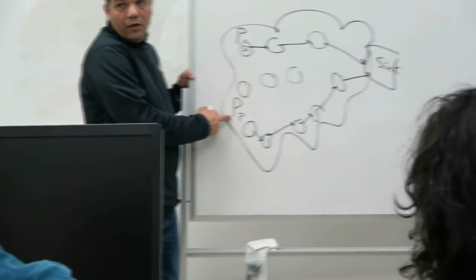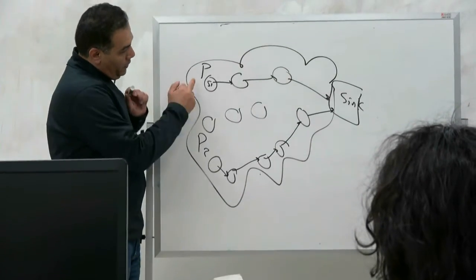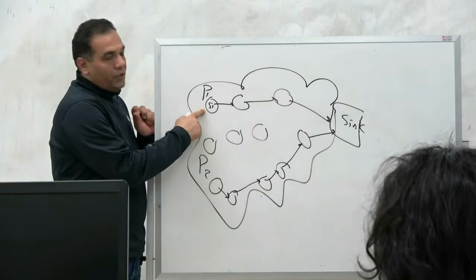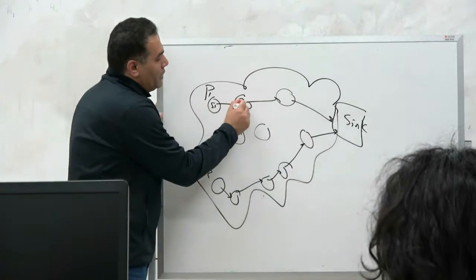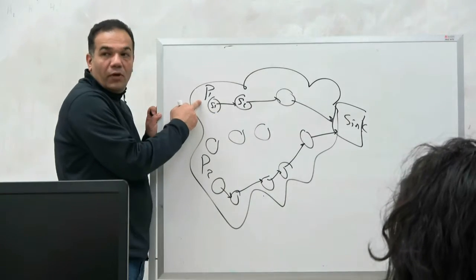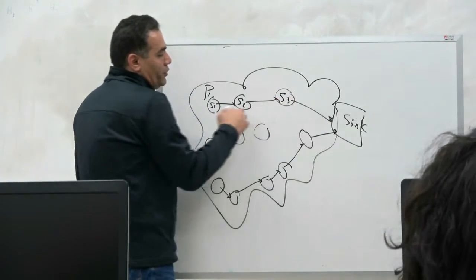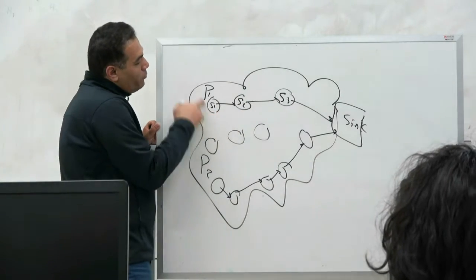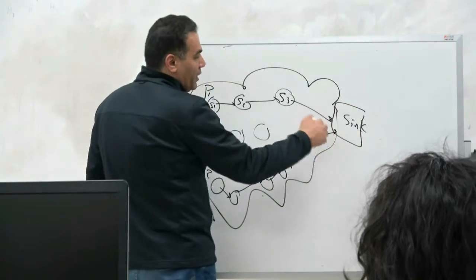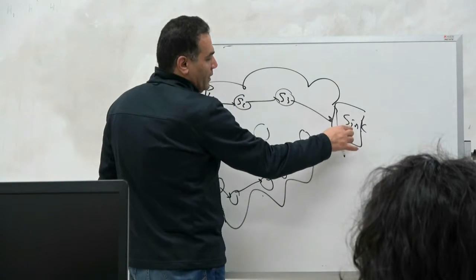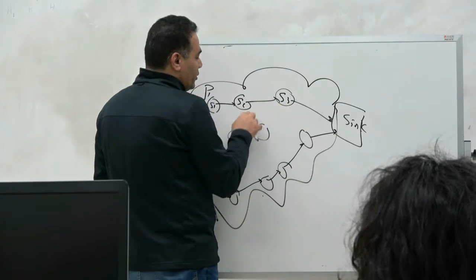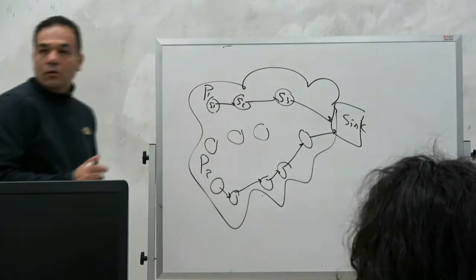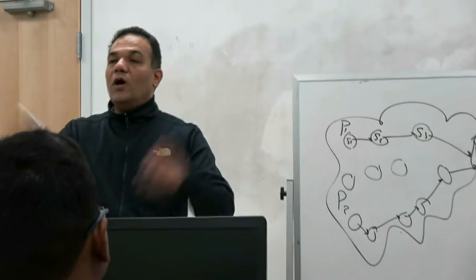This sensor will say, I have a panda 2 next to me. Let's say panda 1 is here. Sensor 1 will send that panda 1 is next to me. Sensor 2 will say sensor 1 sent me a message that panda 1 is next to it. Sensor 3 says sensor 2 sent me a message that came from sensor 1 saying panda 1 is next to sensor 1. Now the sink, what does the sink know? It received a message that sensor 3 had a message from sensor 2 telling that sensor 1 has panda 1. There's no problem with that. Let's say we have 200 pandas. They could communicate, and everything would be stored in the sink. What's the problem? Is there a problem?